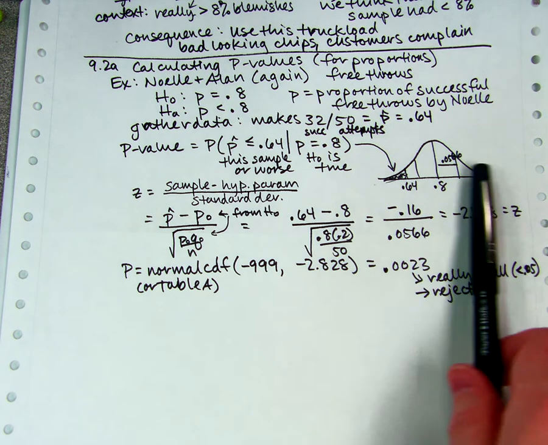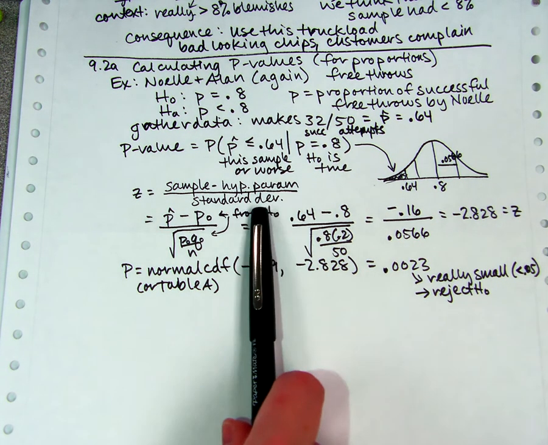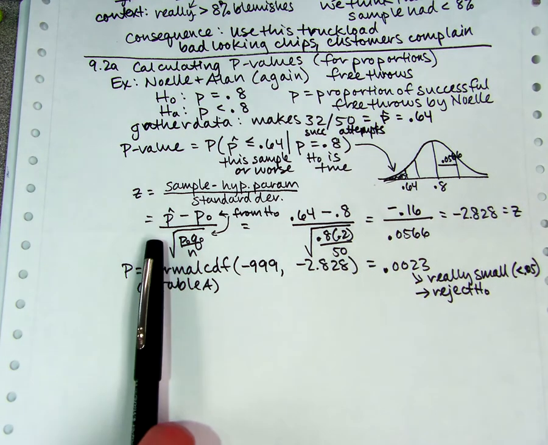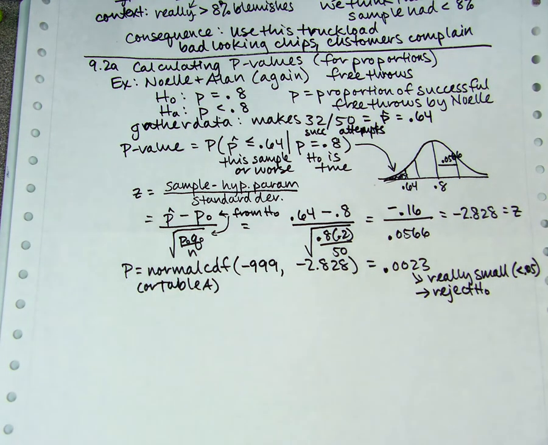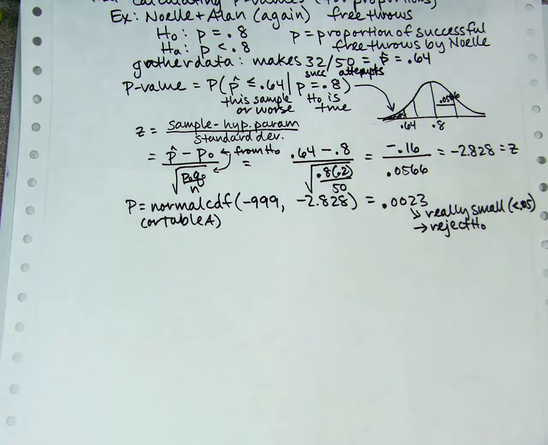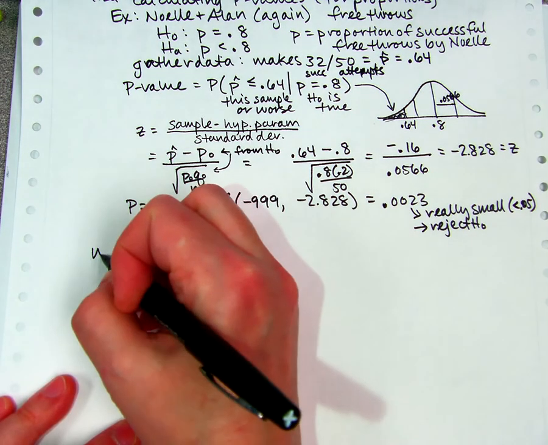You figure out the normal distribution, you figure out the mean and the standard deviation based on your given, which is your null hypothesis, and then you find the z-score and do normal CDF. And you've done that before. I hope you're getting really good at it. And notice it keeps coming back. Anything that comes back over and over again is something important. And I have one more thing to talk about before we stop, and then we're going to do a quiz next. Crazy. Last but not least, what if